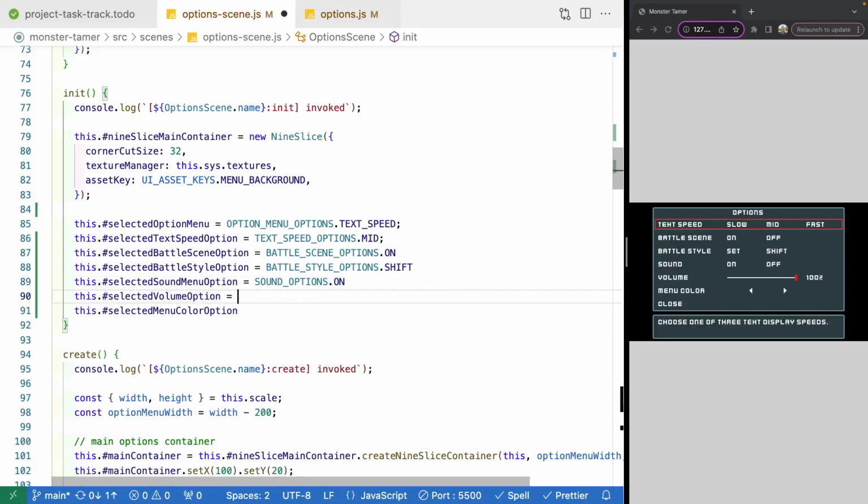And then we will have our sound menu, our sound options, and we'll set this to on. And then for our volume, we'll start off at 100%. So we're gonna do 4. And finally, for our color menu option, we'll start off with 1. Our first option will be 0 on our index. All right, so now that we have all of our properties in place,